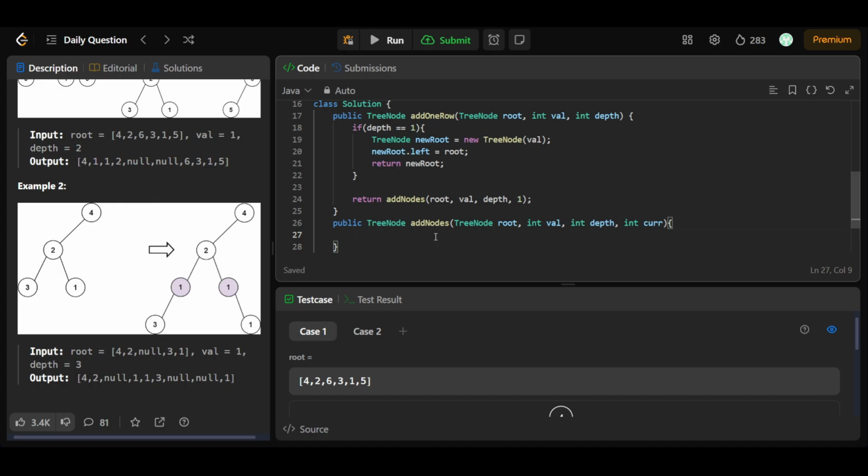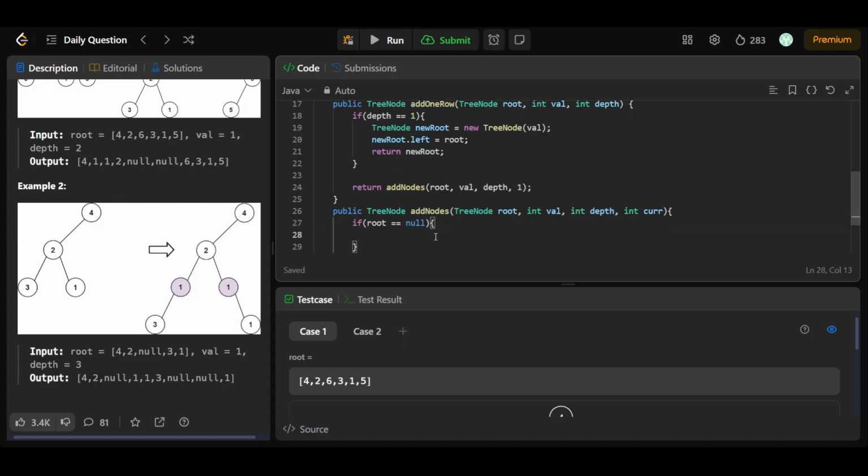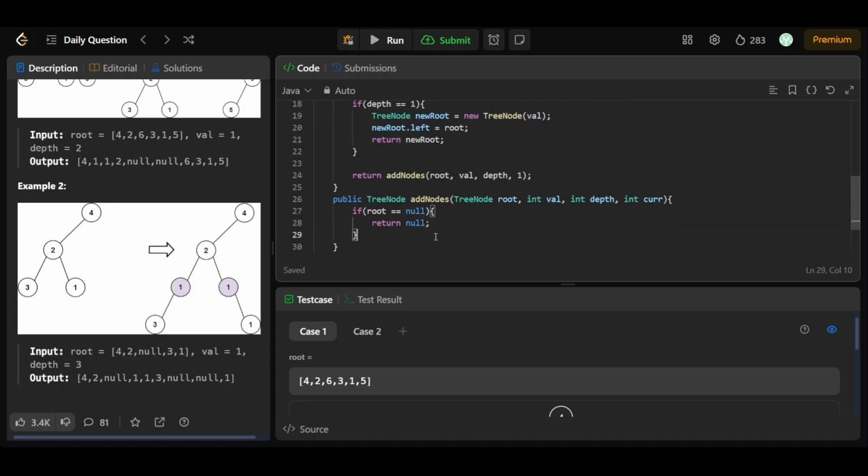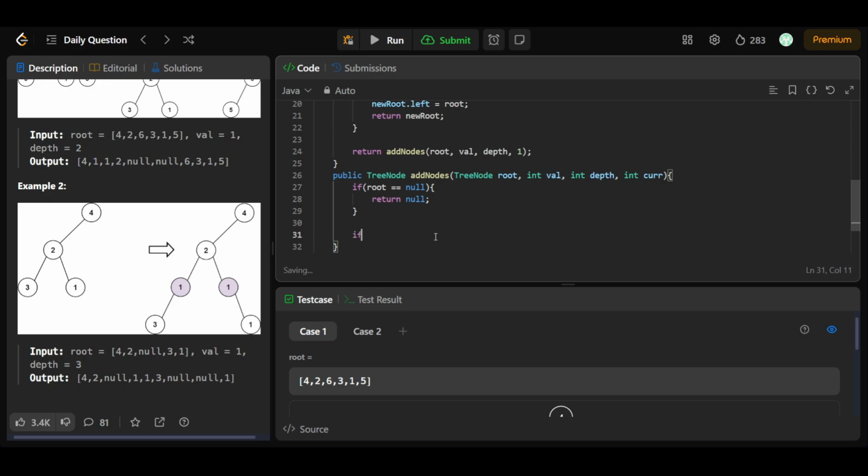Now I'll be checking that if my root is equal to null, I need to return null only. Else, if my current is equal to depth-1,